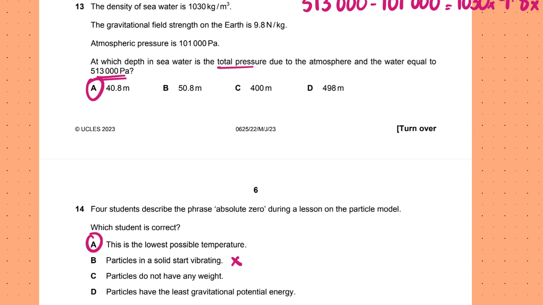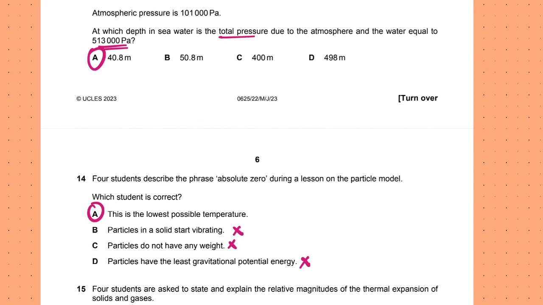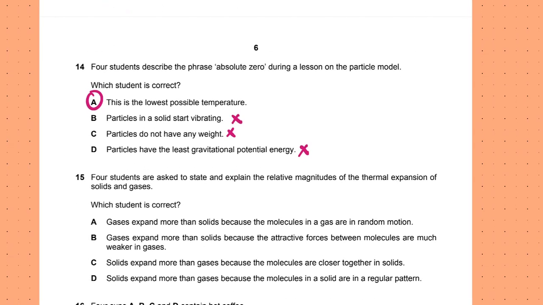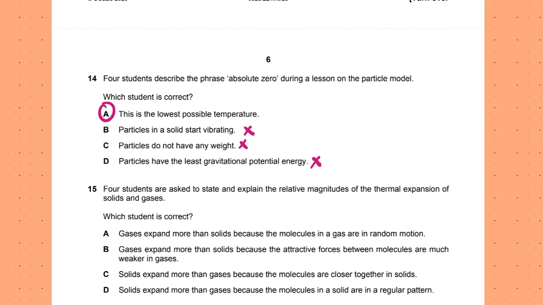Particles do not have any weight. Again, this does not make any sense at all. Particles have the least gravitational potential energy. Also does not make any sense, right? It's the point where the particles have minimum kinetic energy, right? Because of their vibrations. 4 students are asked to state and explain the relative magnitudes of thermal expansions of solids,